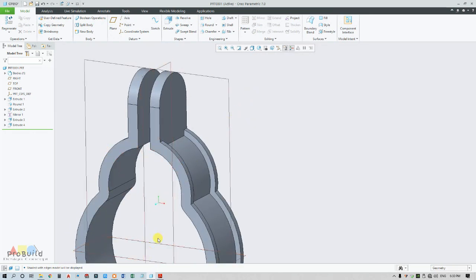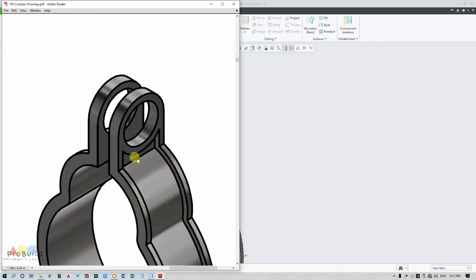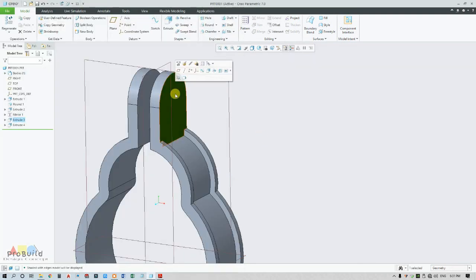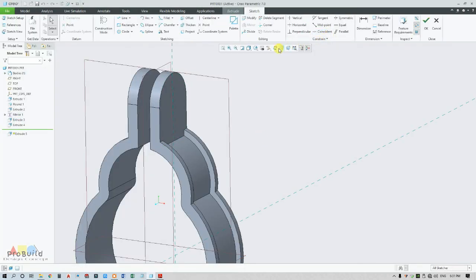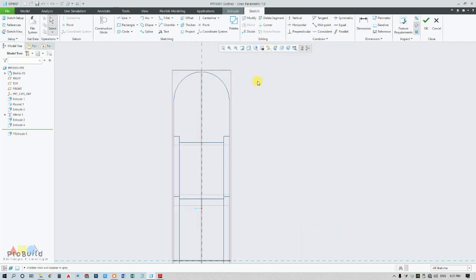And now the fourth operation is that we need to take a material, we need to take this material here, so it's just like tracing the part. So I'm selecting this surface, going for extrude and going for this 2D, so change to a hidden line.